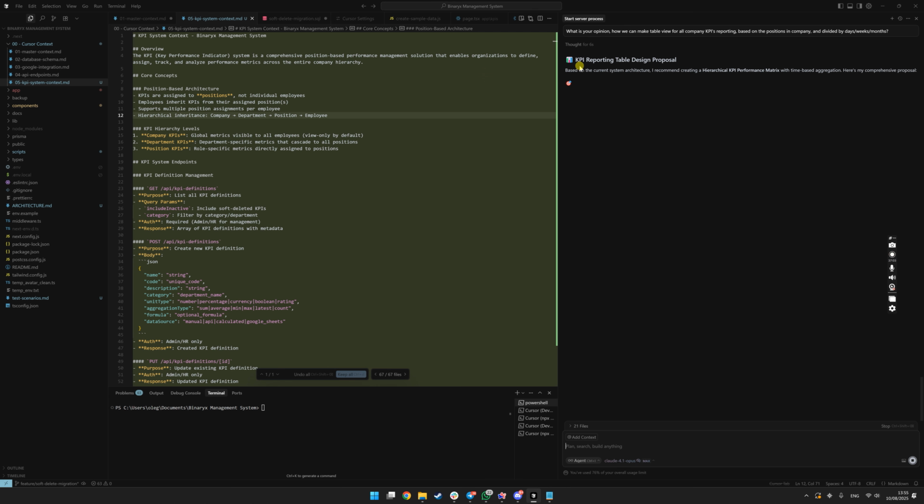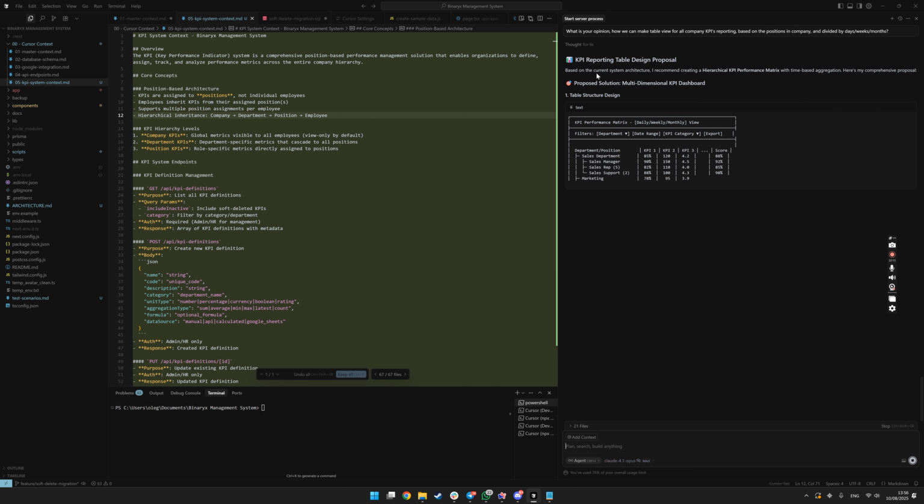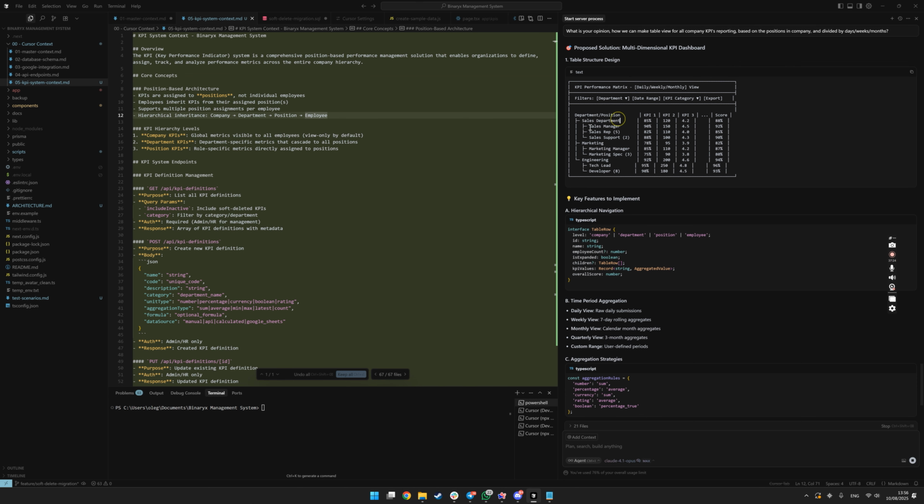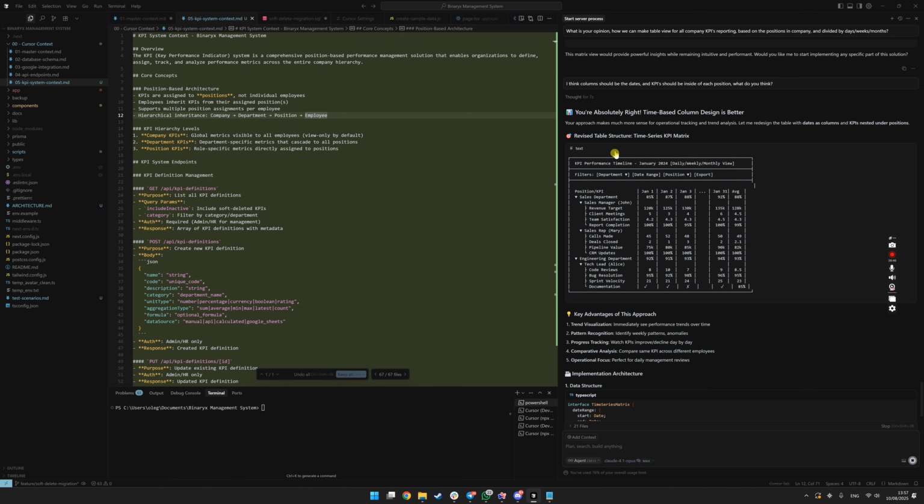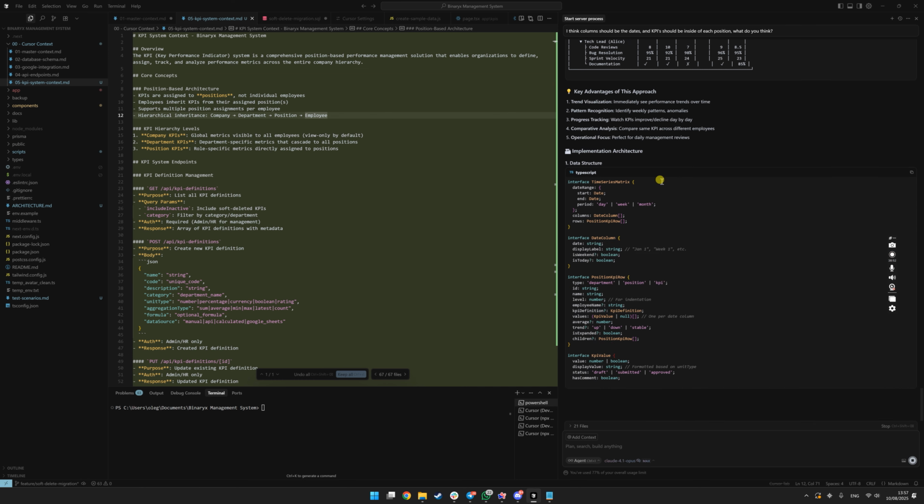Actually right now, you can use the AI tools for the communication, and you can use AI tools for building the better ideas, to building something incredible. And here is what he is offering. There is a KPI sales department, sales manager, KPI 1, KPI 2, KPI 3. But I think that columns should be the dates, so it will be easier to read. Great, right now you see that based on my request, he does just what I want.